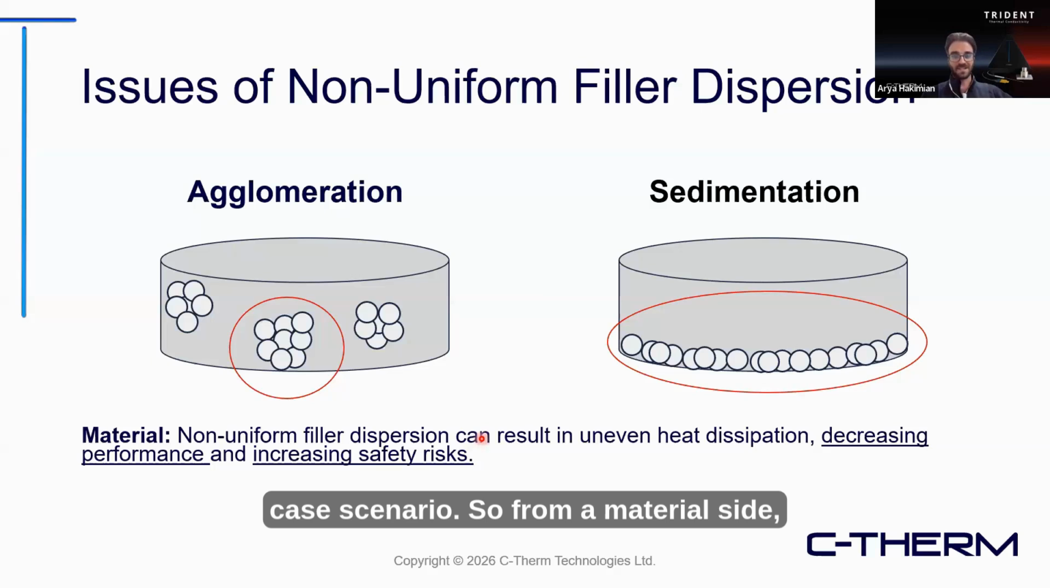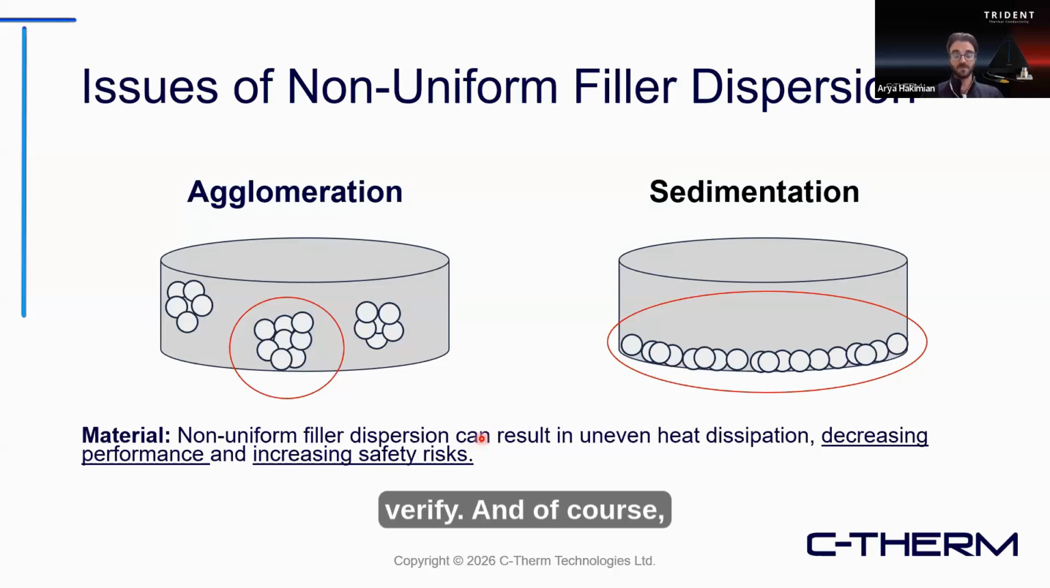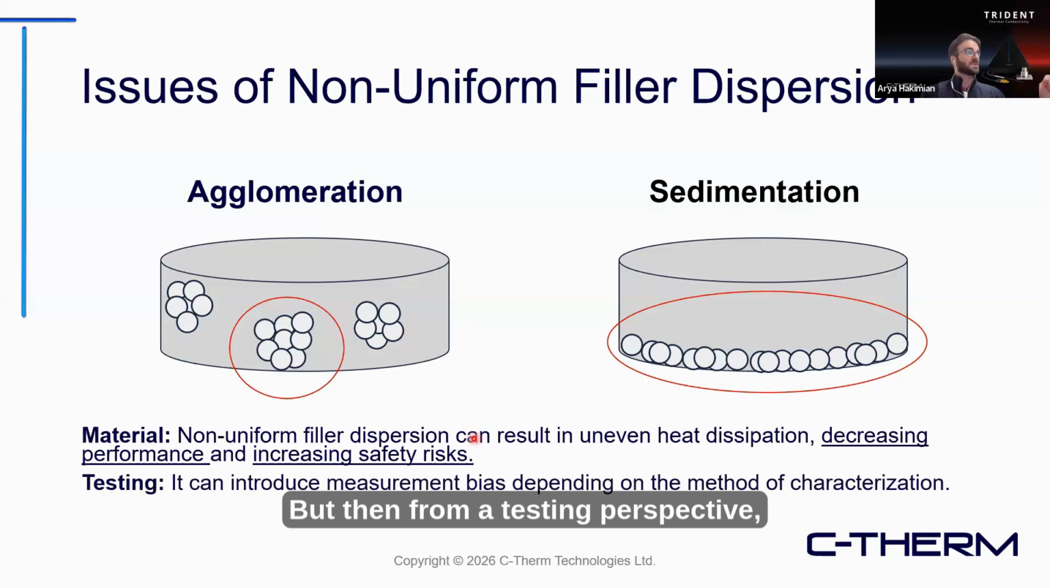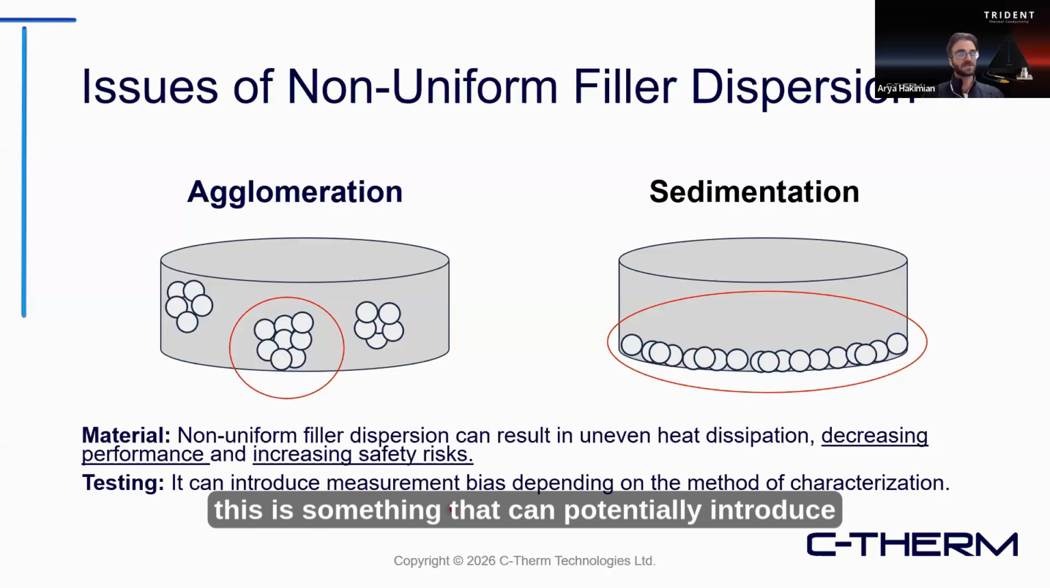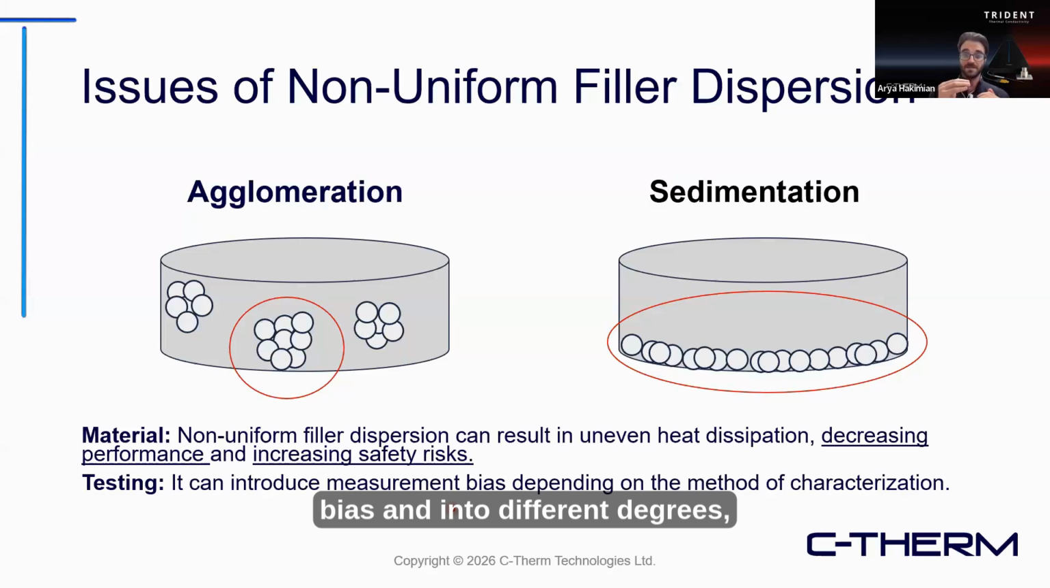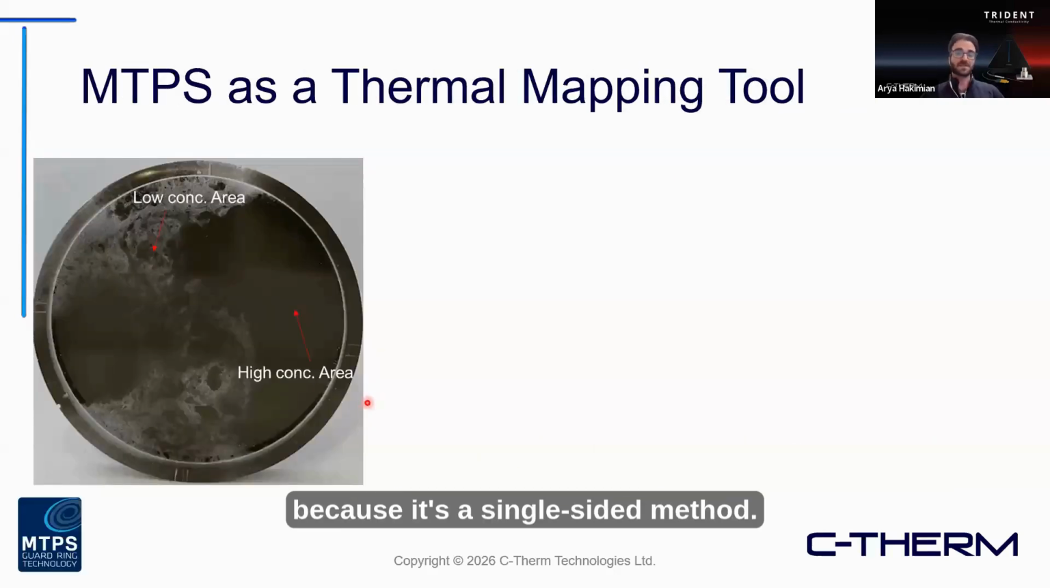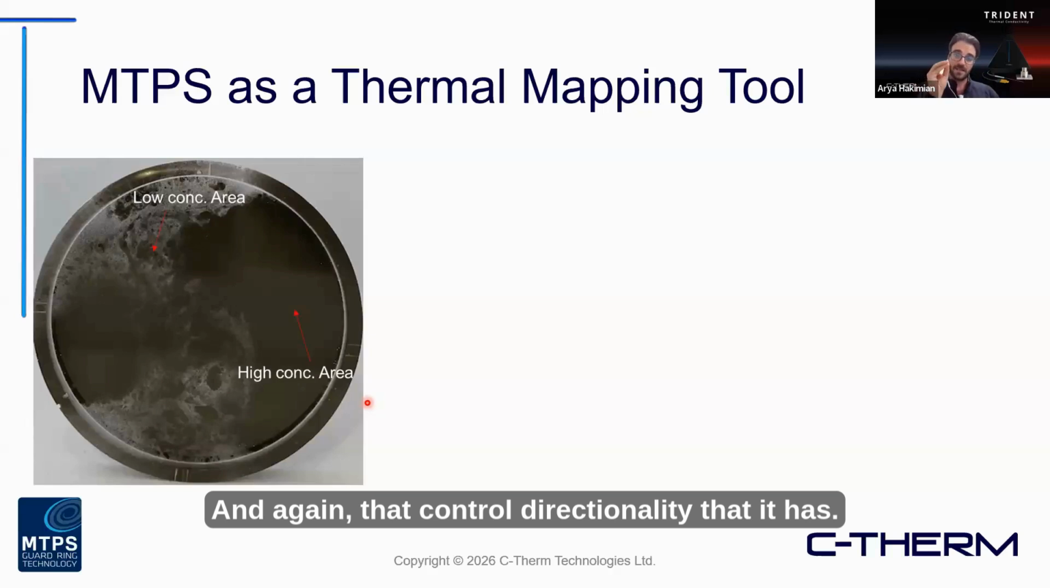So from a material side, it is something that many groups are looking to verify and, of course, ensure that it's not happening within their products. But then from a testing perspective, because of that non-uniformity, this is something that can potentially introduce bias in different degrees depending on which method is being used. And with the MTPS, because it's a single-sided method, and again, that controlled directionality that it has, we can do